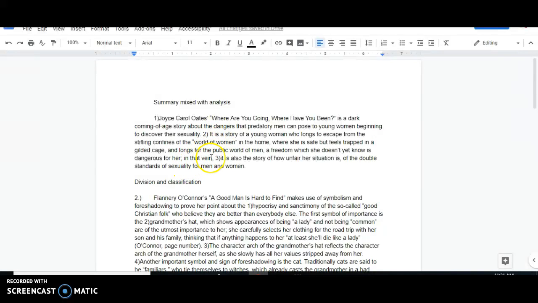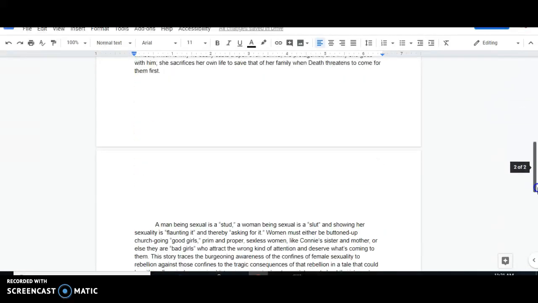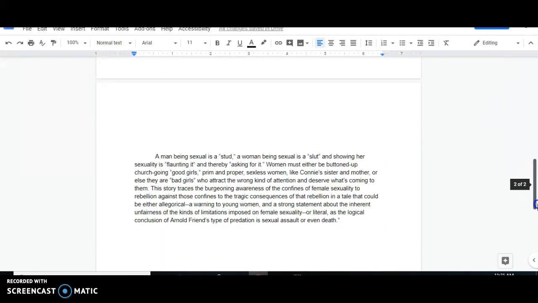In that vein, it is also the story of how unfair her situation is, of the double standards of sexuality for men and women. This is an argument that is being made. This is an overview of an argument. This is an argument that's being made as well, specifically about how the story highlights the dangers for women that are unfair. If you wanted to have further analysis, that comes in the end,